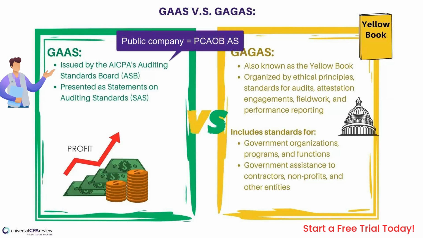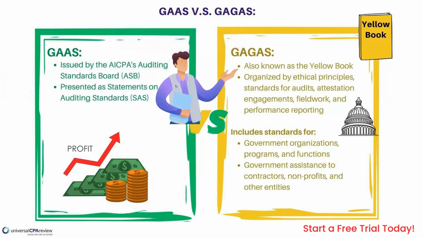And if we are auditing a public company, that is going to be set forth under the Public Company Accounting Oversight Board, or the PCAOB. And the guidelines are outlined under PCAOB-AS. Whereas now, when we're talking about government auditing standards, you could think of GAGAS as the government audit equivalent to GAAS. Okay, so this is the outlined set of rules, and this is often referred to as the Yellow Book